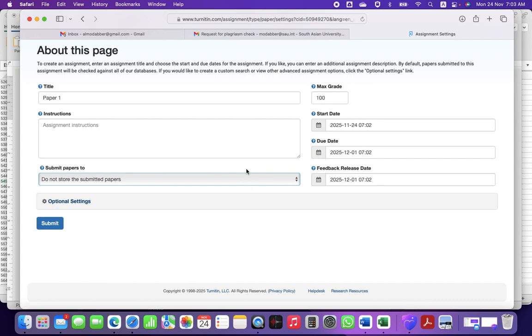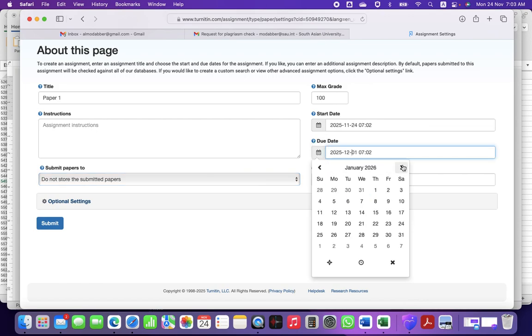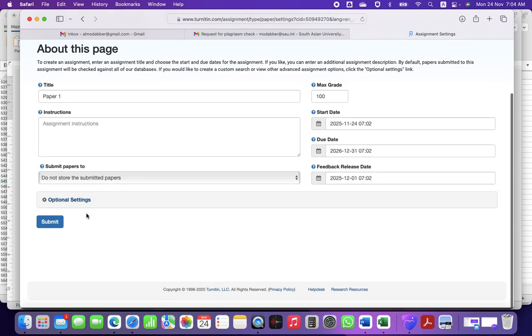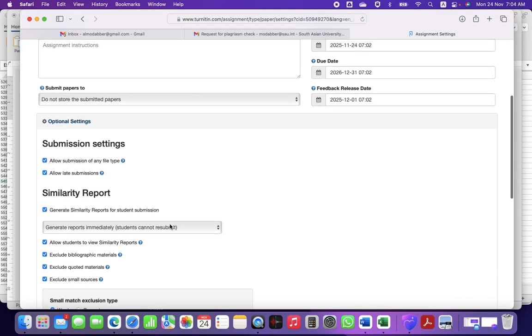And on the right side, you can see max grade, start date, due date, and feedback release. So in the due date, I would suggest you extend the date here also. It totally depends upon you. So to work comfortably, I'm making it December 31st, 2026. And in the optional settings, you have the option to change here,